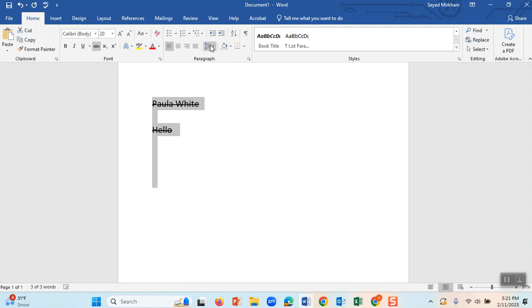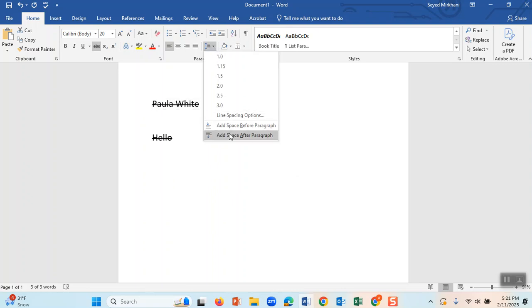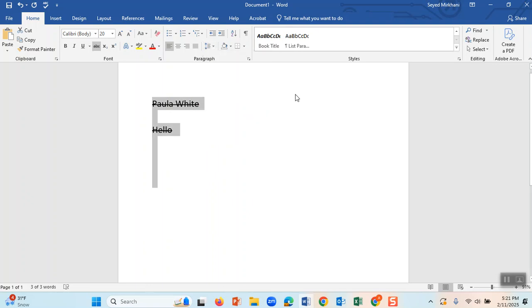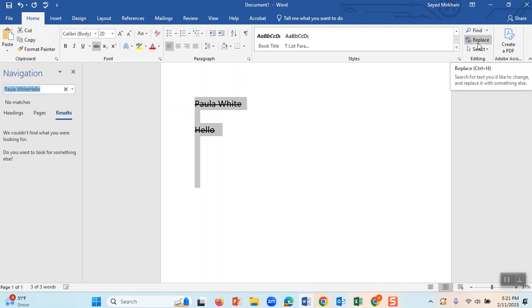You just put them all together and you click here and say remove spacing. Try to learn about all these features here, and particularly this find and replace. Imagine you are typing a major paper and you have written the name of, let's say, Obama, ten times, and you want to replace it with